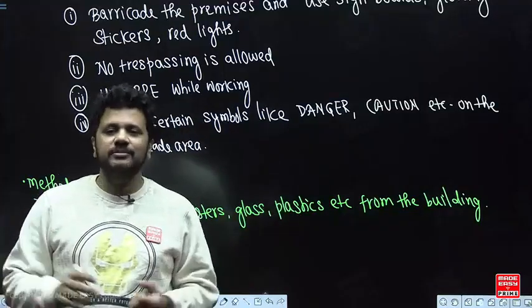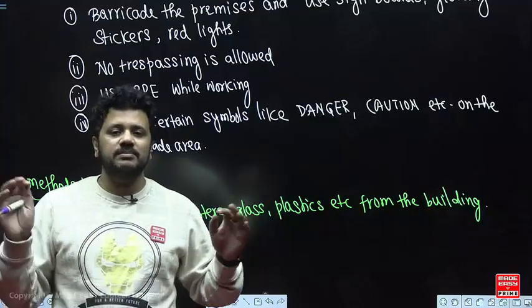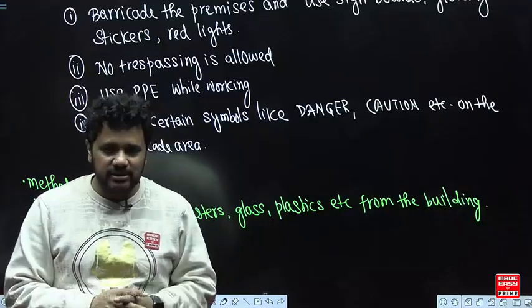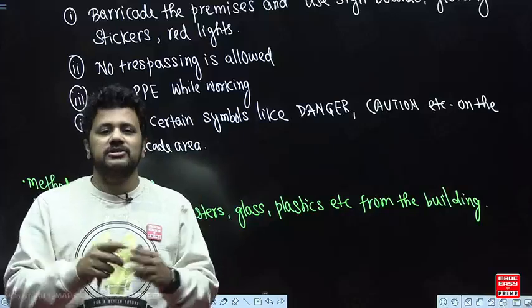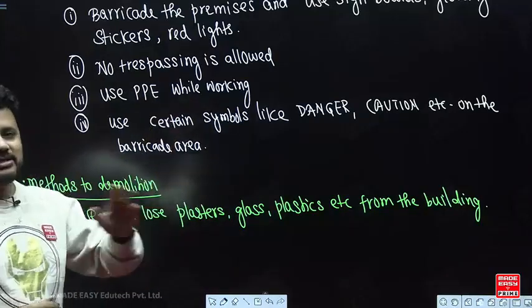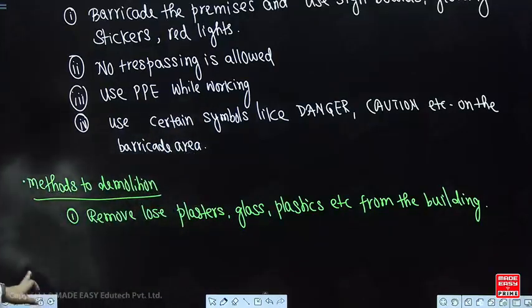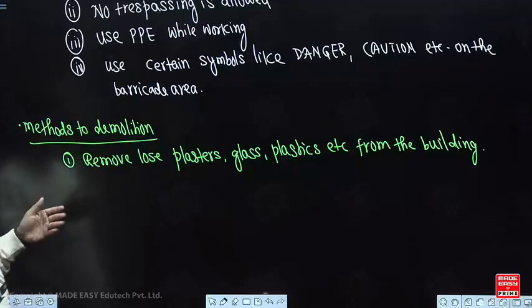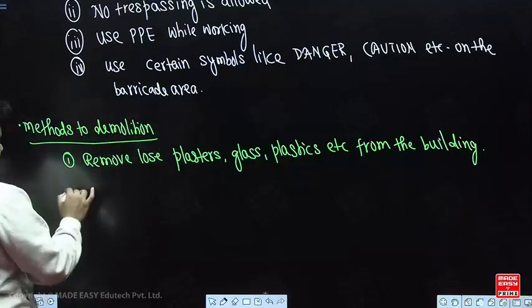So the removable items like doors, windows, glass panes, everything has to be removed first. That means only the concrete structure should be there. है ना, सिर्फ कंक्रीट दिखना चाहिए, बाकी सब चीज पहले हटा देते हैं. So remove loose plasters, glass, plastics, etc. from the building. Doors, windows भी आ गया. Second,